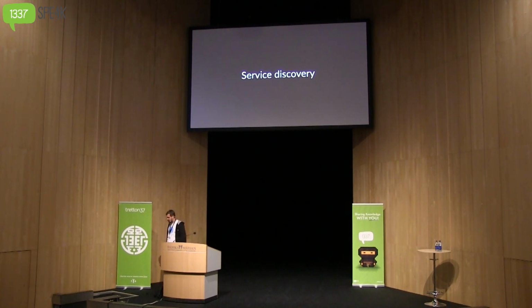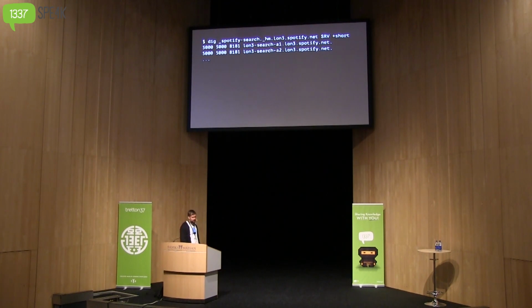Spotify has, since its very start, been heavy users of DNS. We have a well-built out DNS infrastructure internally, and we use it for basically all of our service discovery. And we use something that is called SRV records. These are a relatively unknown part of DNS. The usual part of DNS that you use are just normal A records or maybe CNAMEs. SRV records are a bit different in that you don't send in a host name to an SRV record. Instead, you send in a service name. And back, you get a little bit more information than with an A record. So this is what this might look like.